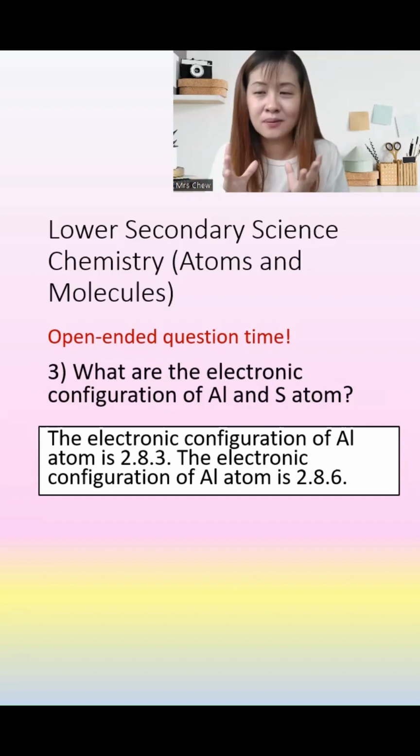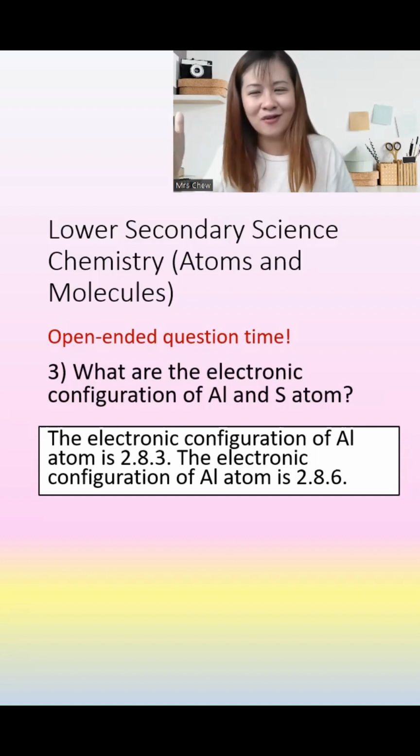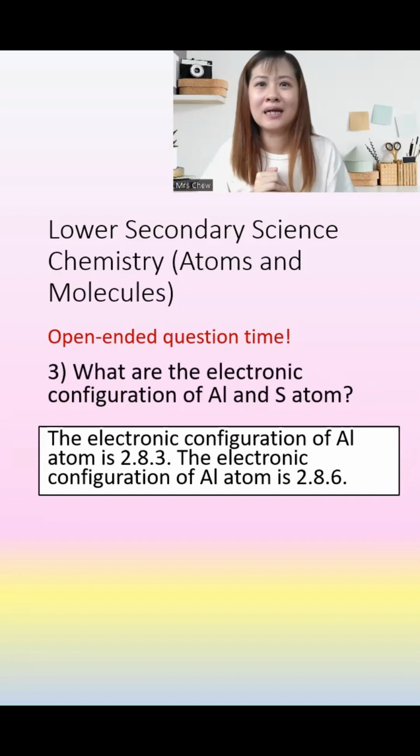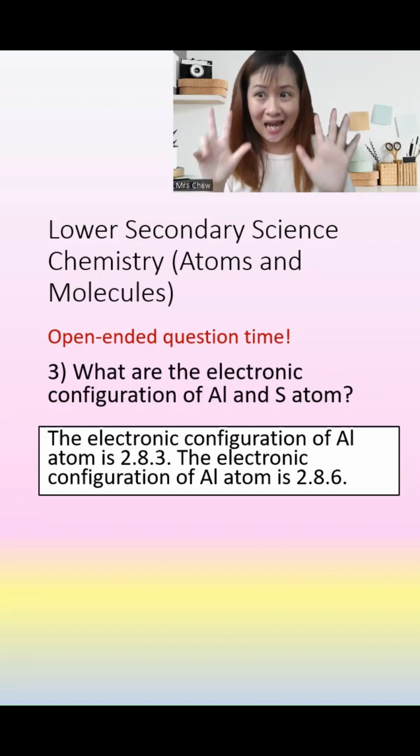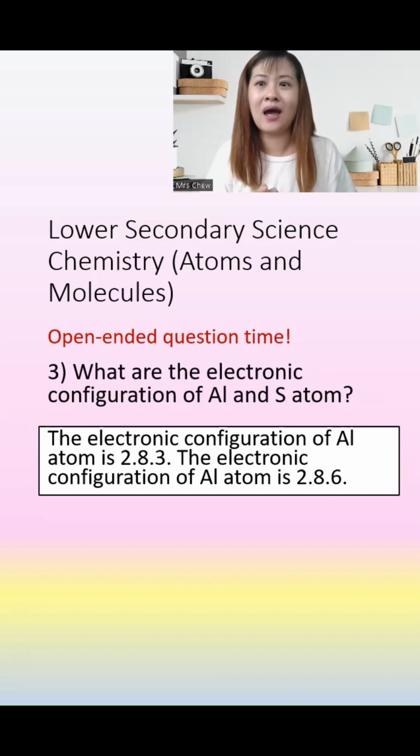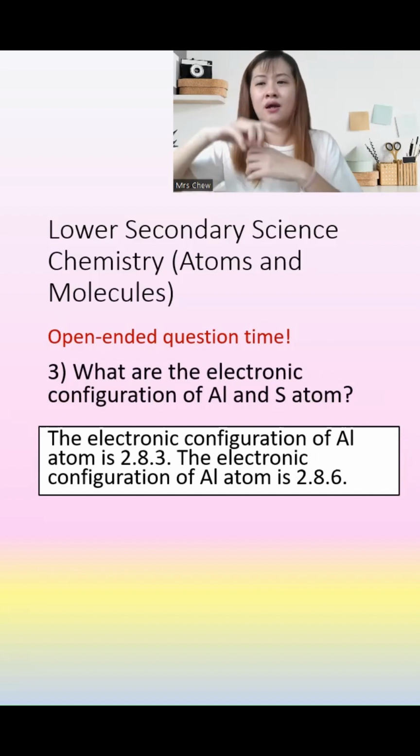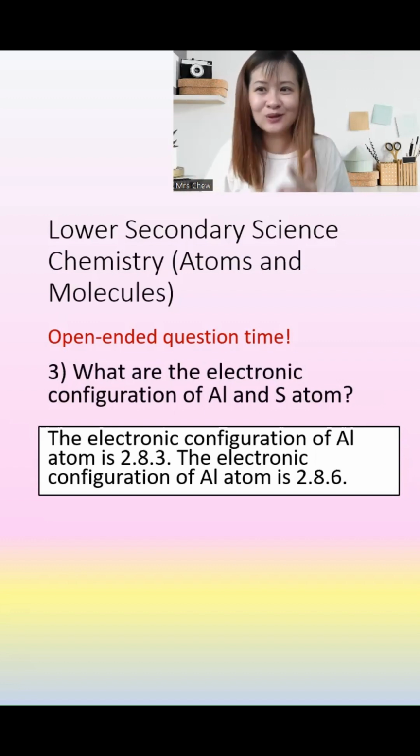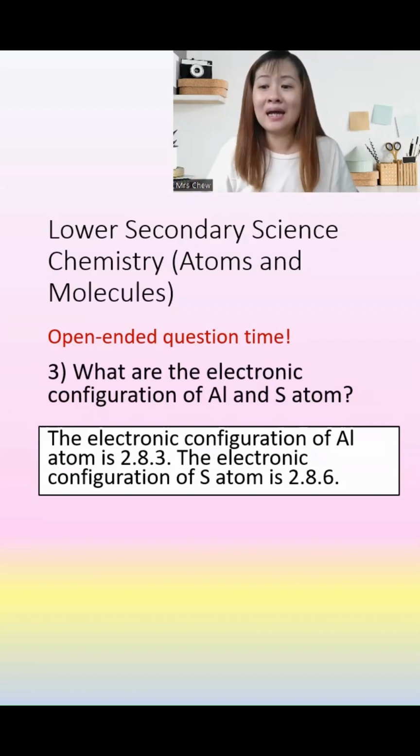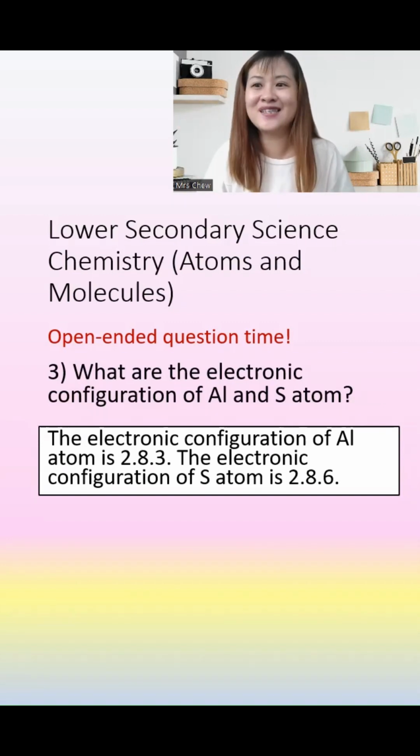The second shell will be 8 because the maximum number of electrons for our electron shell is 8 in GCE O levels, all right? When you go up to higher levels or when you go to JC, you will realize that that is not the case. But for GCE O levels, it is 8, all right? And then we will have the last 3 electrons moving in the third shell. Therefore, we have 2.8.3. And the electronic configuration of sulfur is